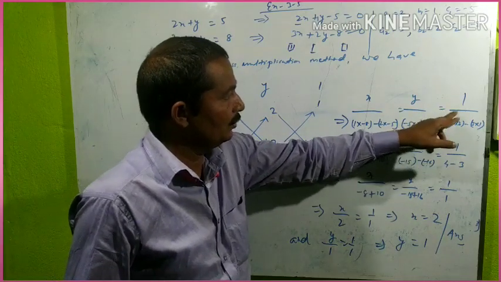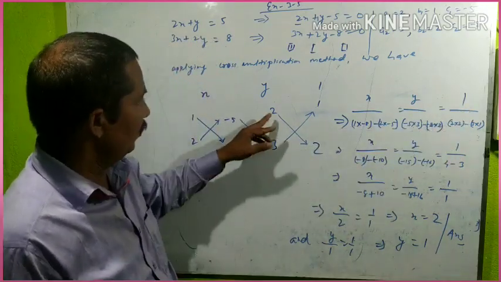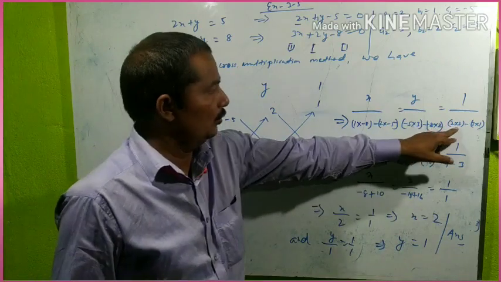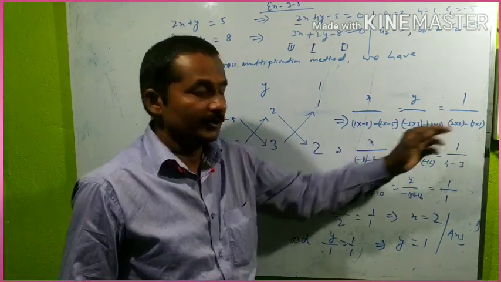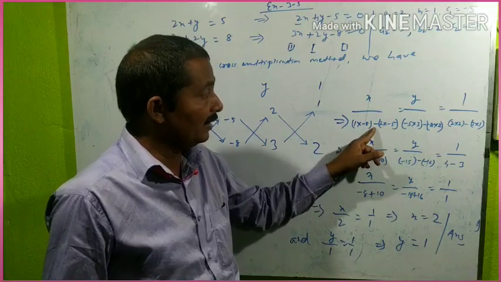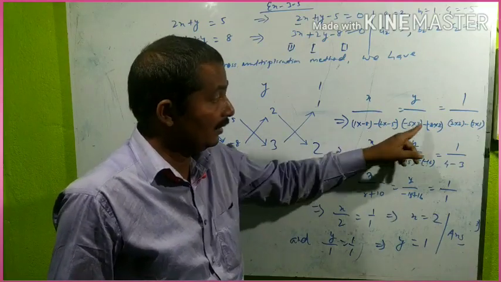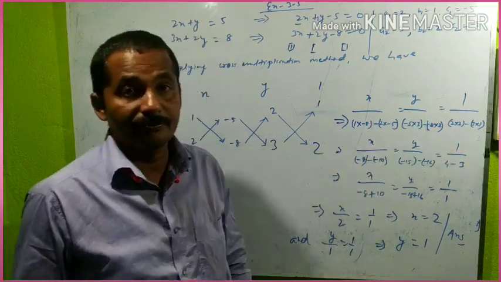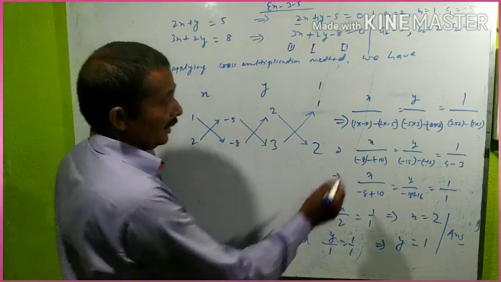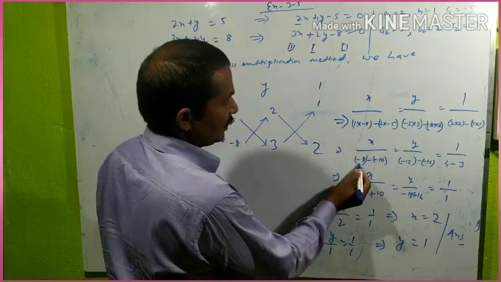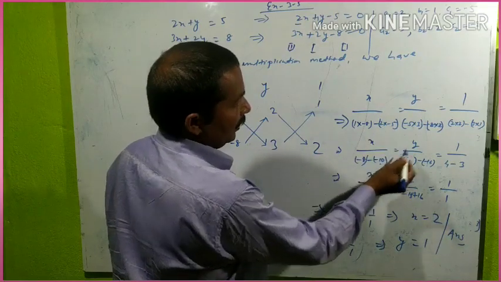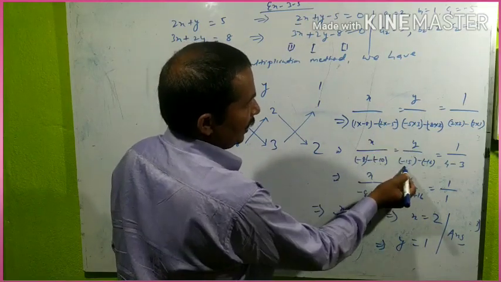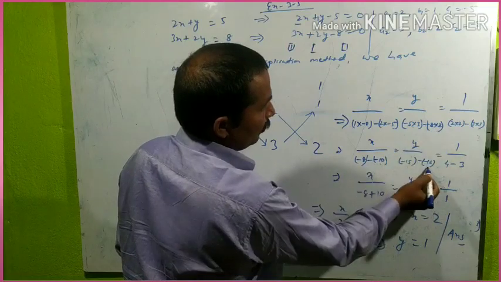2 is equal to 1 by, look here, 2 into 2, 2 into 2, and 3 into 1, 3 into 1 I have written here. But keep in mind, in the middle there should be a minus sign, here, here and here. And then I multiplied here 1 into minus 8, minus 2 into minus 5, minus 10. Like minus 5 into 3, minus 15, minus 8 into 2, minus 16.